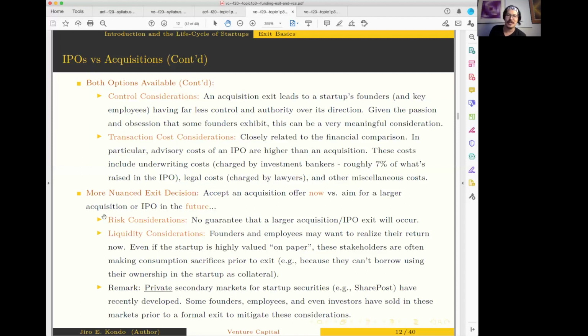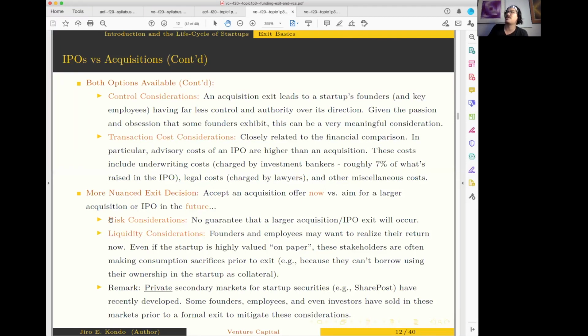Because I don't want to give you this weird, simplistic and naive academic ivory tower feel that everything boils down to just these two nerdy considerations that are bread and butter finance, right? Because risk and liquidity are two of the central themes in finance. And guess what? This decision is not just a purely financial decision. There is much more to it than that. And the two examples I'm about to state do highlight that nicely.